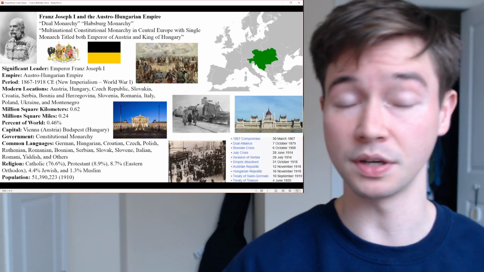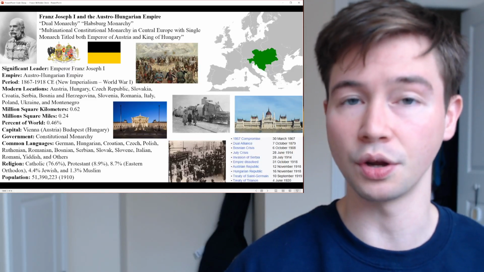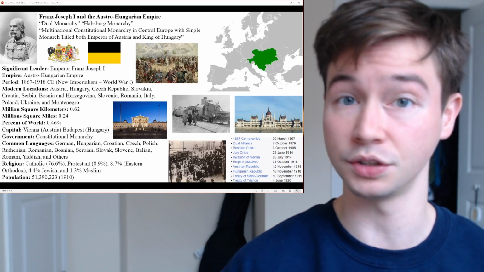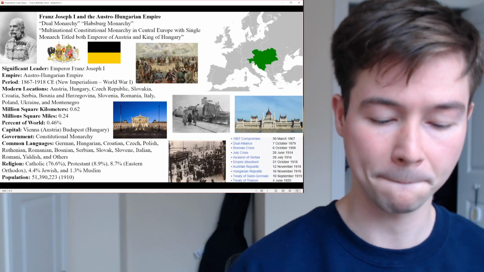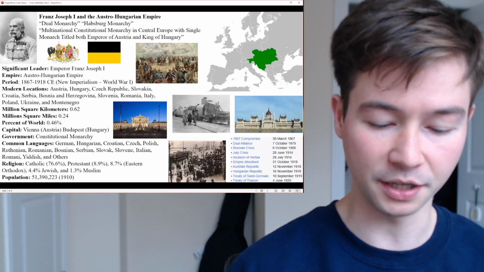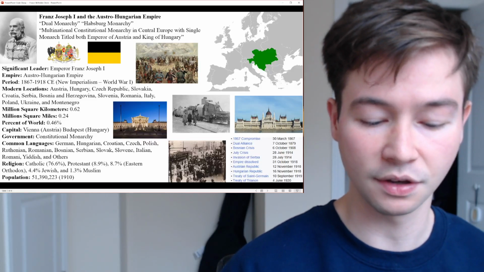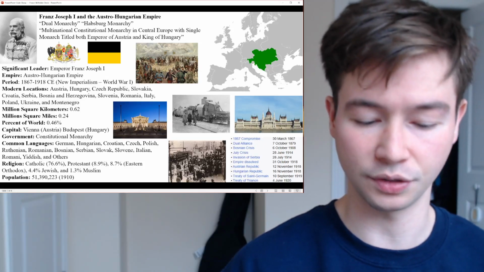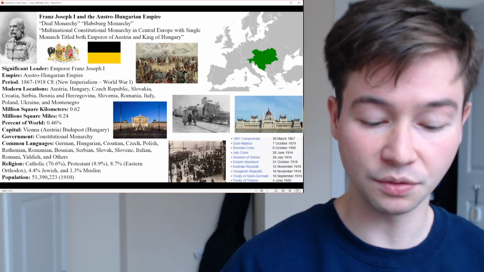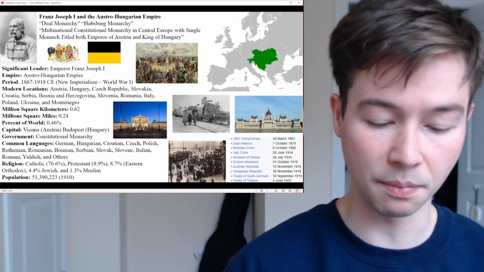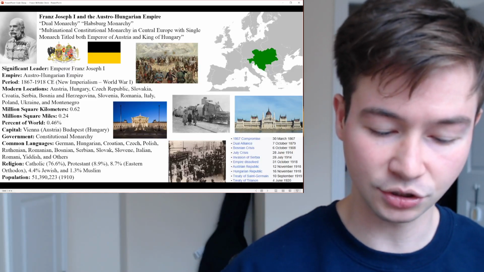So in many ways, to rule over such a large area of land, it was very much facilitated by the growth in technologies, particularly railroads. Cities like Vienna, Budapest, Prague, and Lviv became centers of culture, science, and industry. The empire played a key role as well in European geopolitics, especially in the Balkans, where it sought to counter